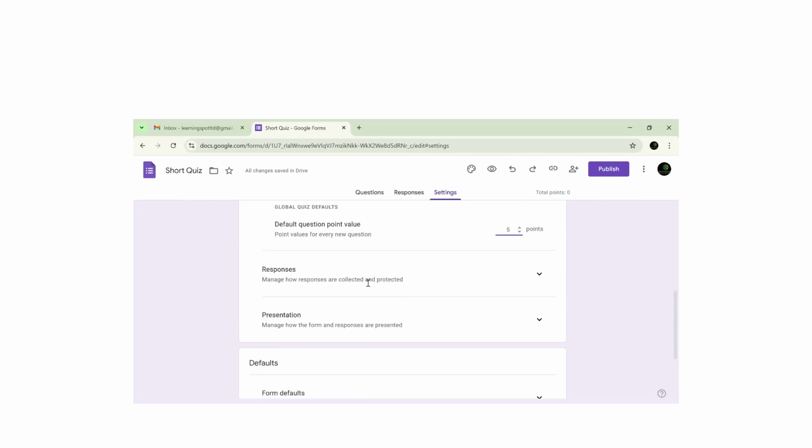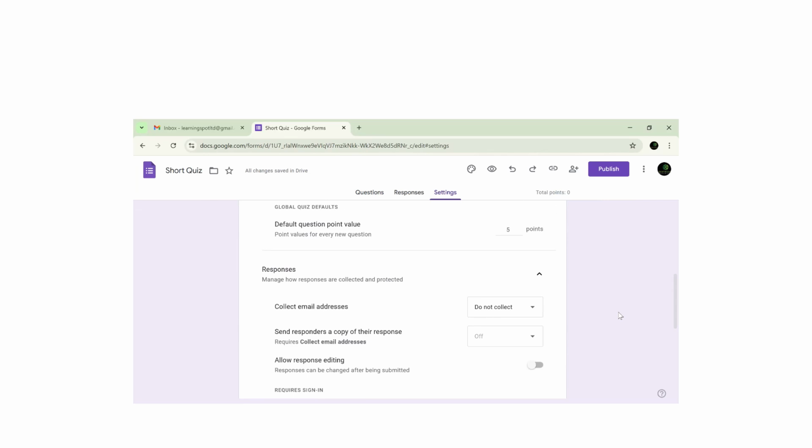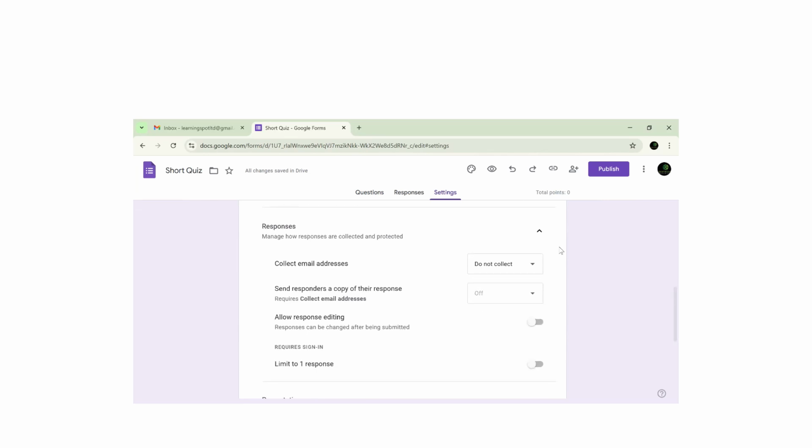Manage how respondents are collected and protected. You see, you can collect email addresses of the people doing the quiz, verified or respondent input, like the person doing the quiz adding their own emails, and we have already set that question, so no need of working on this. Send the respondents a copy of the responses. You can turn this off or on. Maybe let's make it